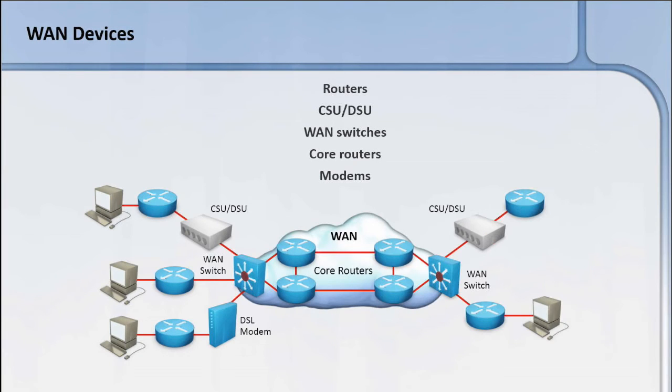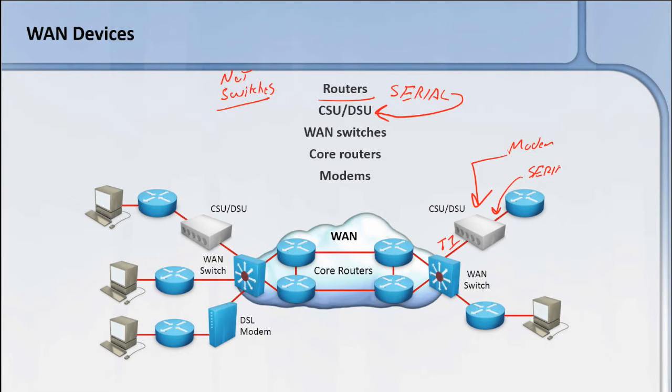So looking at WAN devices, what connects us to the WAN? Routers, not switches. And while switches and routers are both capable of layer 3 forwarding, it's routers that are capable of using a serial interface to connect to a CSU DSU, which is kind of like a modem, but it's a commercial grade modem. It's a modem for T1 lines. So you'll have a T1 circuit perhaps, or fractional T1 on one side, and then you'd have a serial connection on the other side. And the serial connection would come into your router.